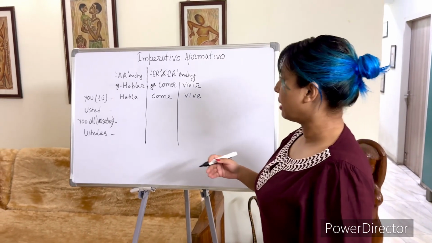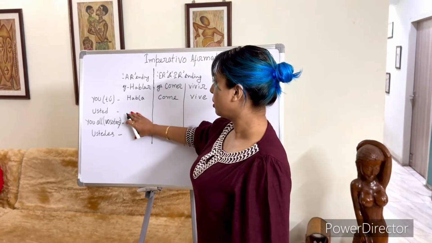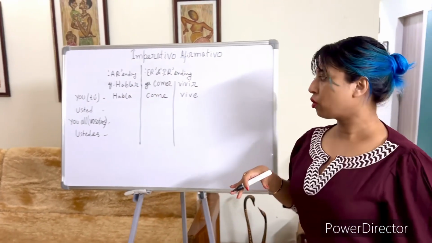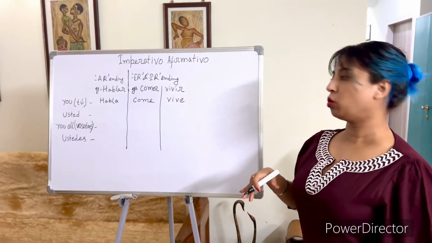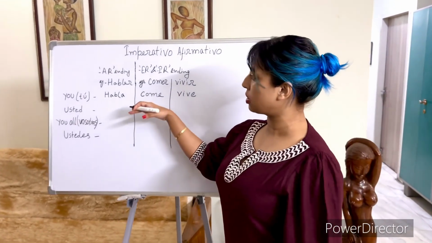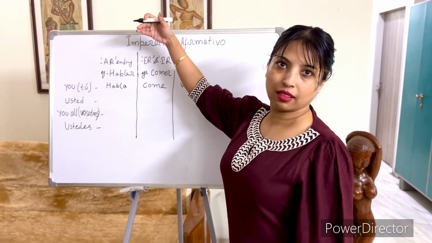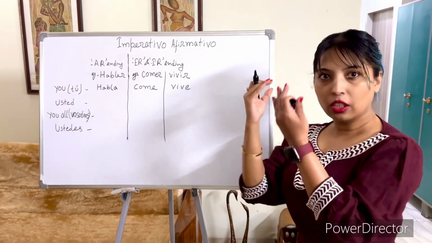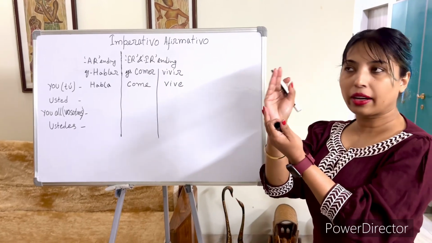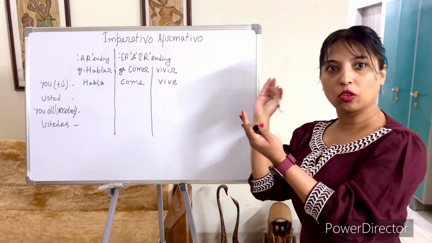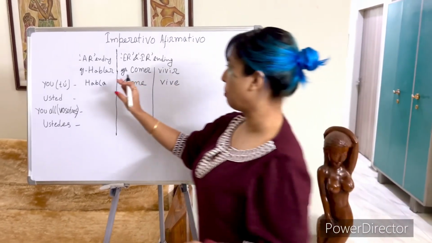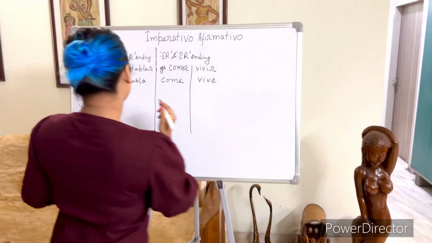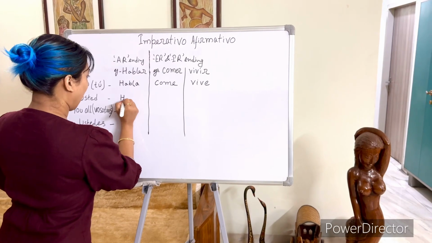Now, how are you supposed to make the usted form conjugation? For usted form conjugation, the rule is you are supposed to use the first person yo form conjugation. You are supposed to take your yo form conjugation and replace the last O. Like for hablar, first person conjugation is hablo. So take that hablo